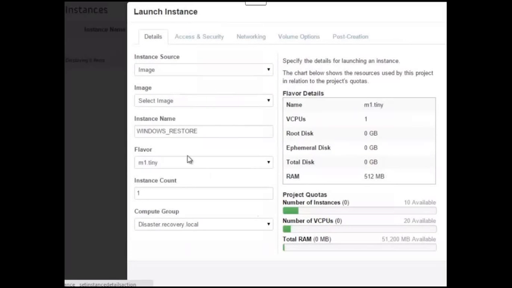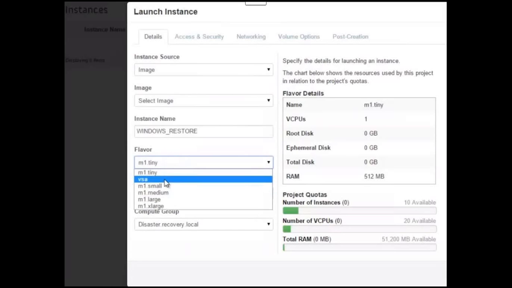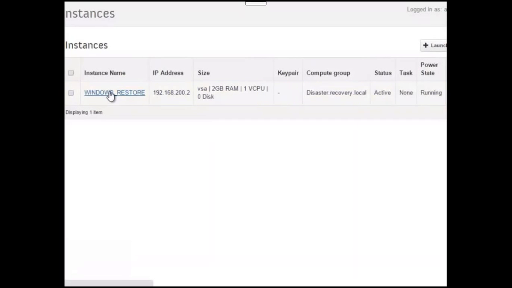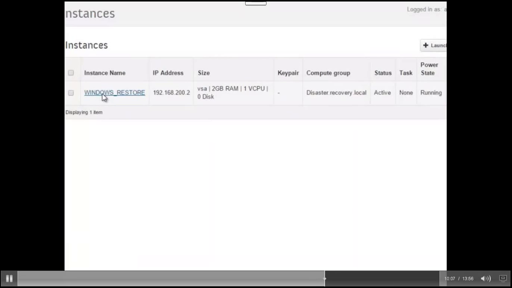But this is on my remote site, so my remote site is running Orkestra as well. The tenant administrator sees exactly the same thing on both sides. He sees OpenStack Cloud running on his cloud site, and then on his disaster recovery site, he sees exactly the same tools. So now if I click on my Windows Restore,